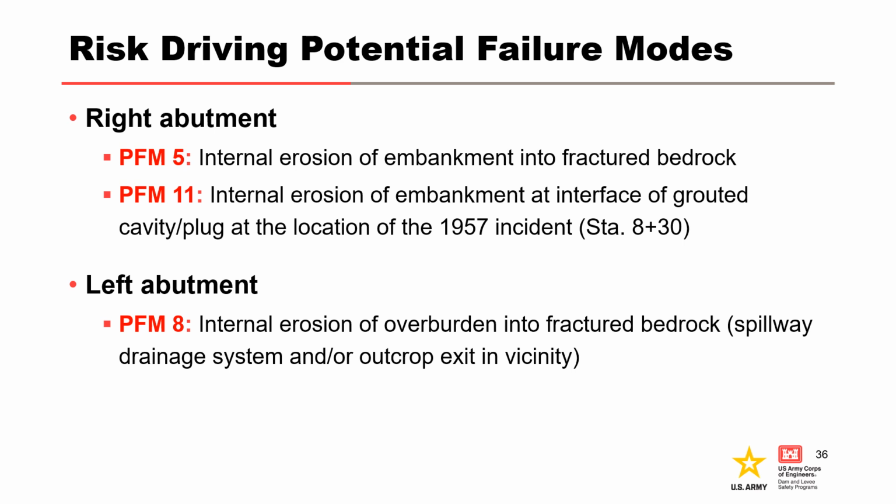The Dam Safety Modification Study was completed in 2010 and evaluated the following primary risk drivers: PFM5, internal erosion of the embankment into fractured bedrock at the right abutment; PFM11, internal erosion of the embankment at the interface of the grouted cavity at station 830, the location of the 1957 incident; and PFM8, internal erosion of overburden into the fractured bedrock at the left abutment, with an unfiltered exit into the spillway drainage system or from the outcrop in the